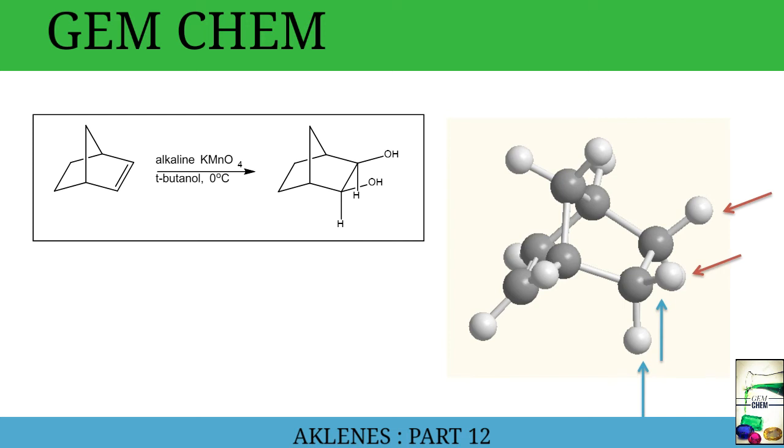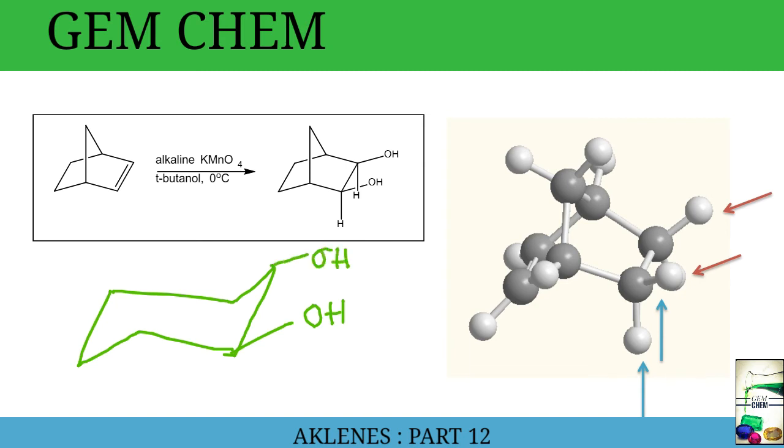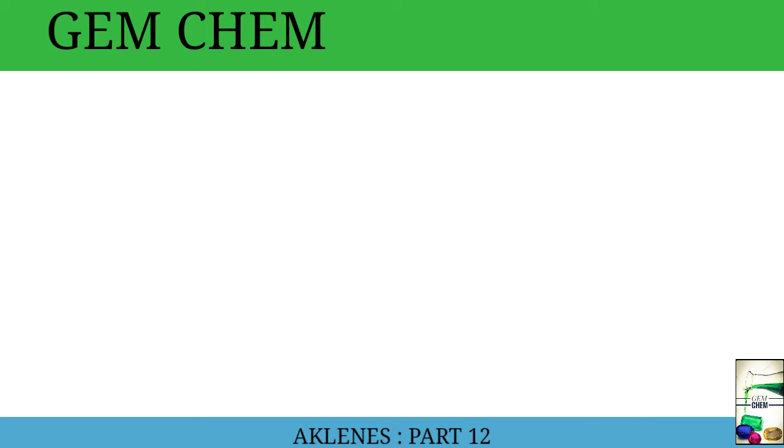So always remember, whenever cyclic things are present like this, that is cyclohexane or this type of thing, attack always occurs from the upside rather than the downside, because the downside remains in a squeezed condition. There is more steric hindrance than the upside. So this is for a 6-membered ring and this is for a 5-membered ring. Okay. Now we will see a few developed reagents which can be used for cis or syn hydroxylation.